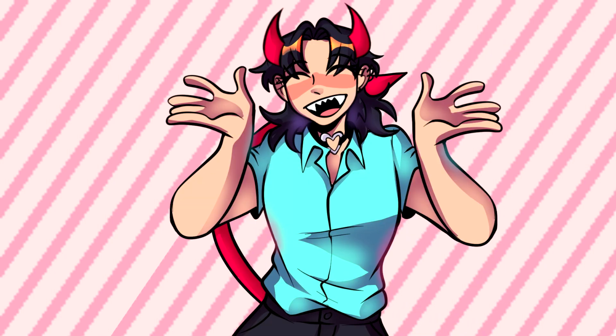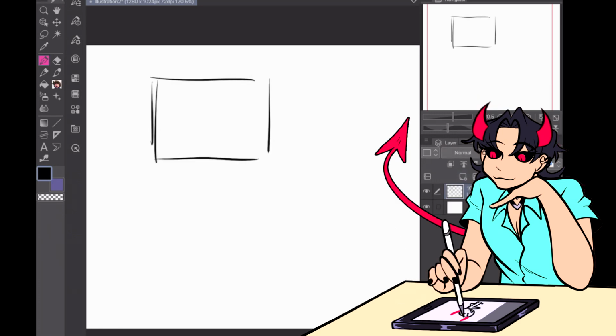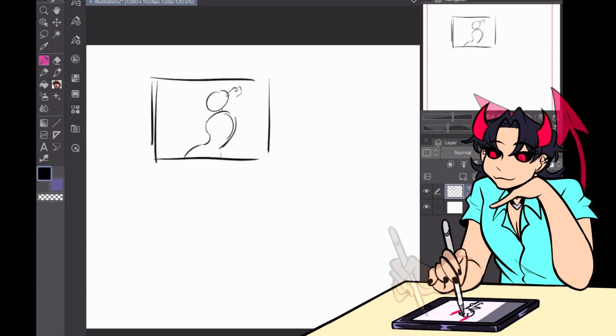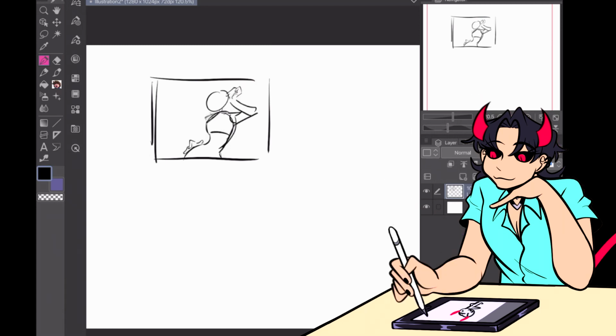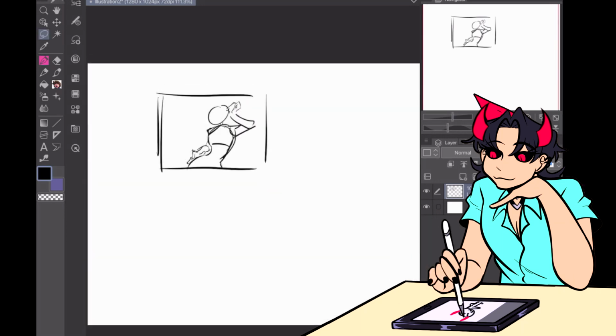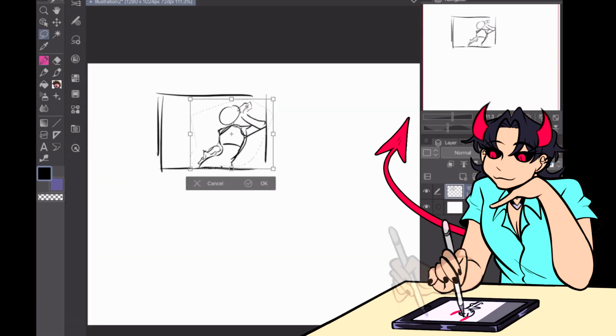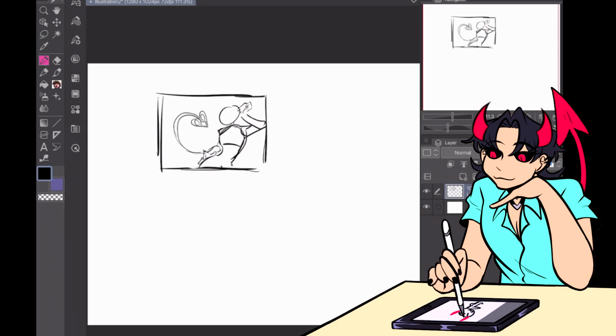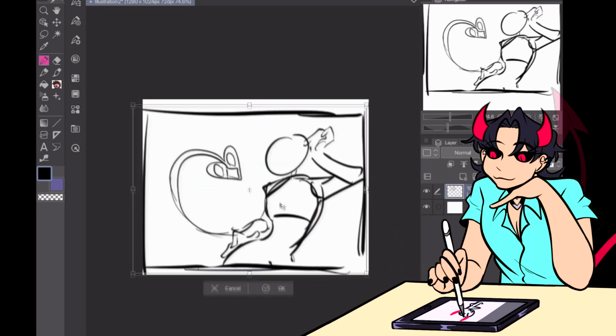Now let's get started. So the first step I do is thumbnailing. From what I understand, thumbnailing is just a very quick and bare bones doodle just to figure out the composition of the piece I want to do, such as the character's pose and maybe the setting they're in. It doesn't have to be super detailed or whatever, just the general shapes. Once I've decided on a thumbnail that I like, I resize that baby to the full canvas and we start